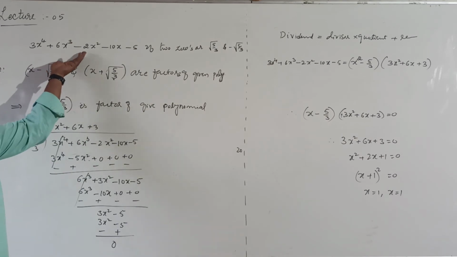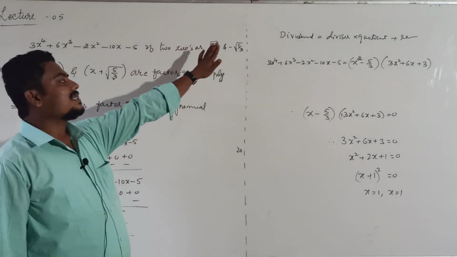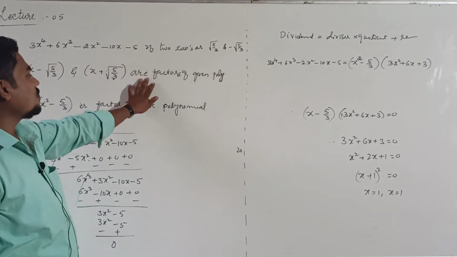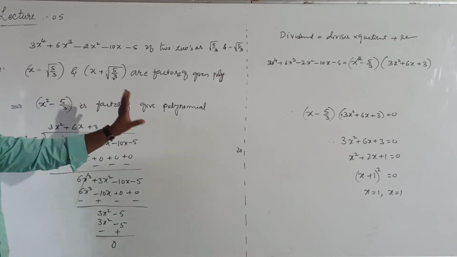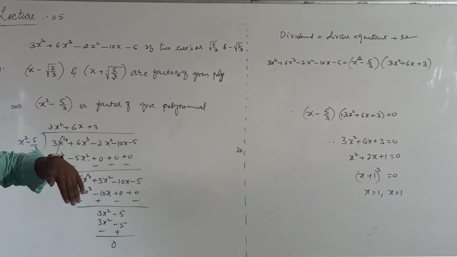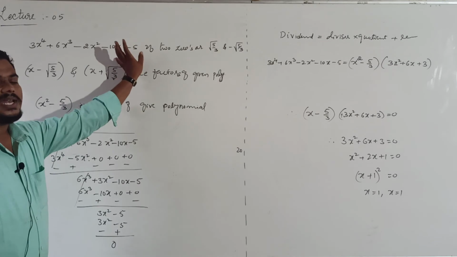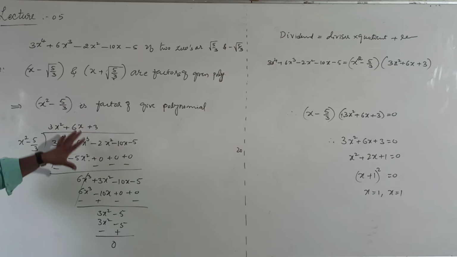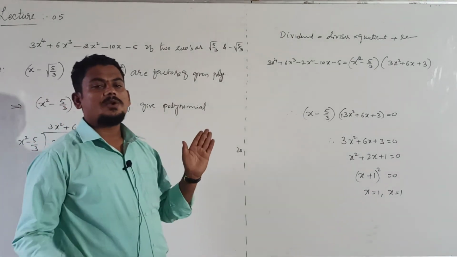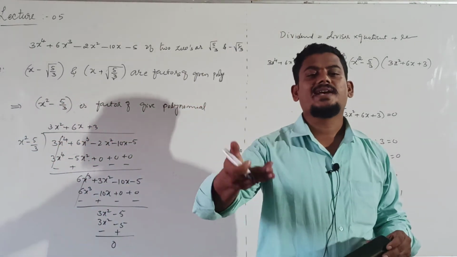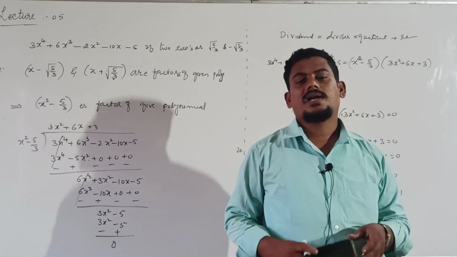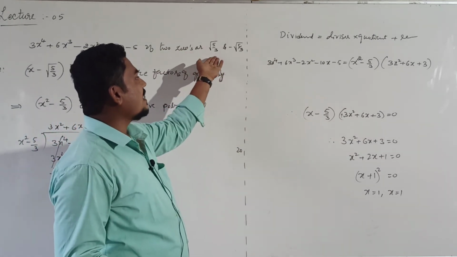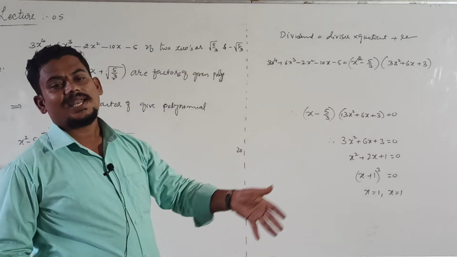First factorize it. These two are zeros of this polynomial, means these two are factors of the given polynomial. These two are factors means their product is also a factor of the given polynomial. Factor means we can divide. This polynomial is divisible by x square minus 5 by 3. Then just rewrite it, because directly we don't know how to solve a polynomial of degree 4. Just reduce it into degree 2. Then already two roots are plus or minus square root of 5 by 3. Other two roots are equal.